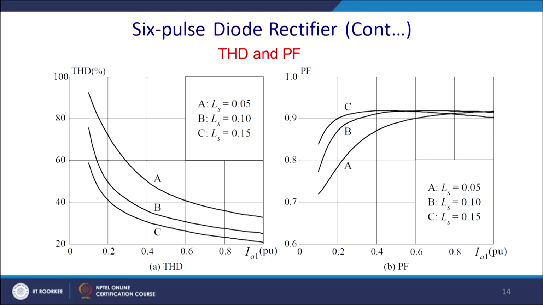You will find that actually increasing the load, power factor will improve, because displacement power factor actually gets reduced. You can of course assume that, but apart from that, due to the source inductance, you will find that power factor is least in case of A. It gradually reaches its maximum value when it reaches its peak value, and B is the middle point in the row.